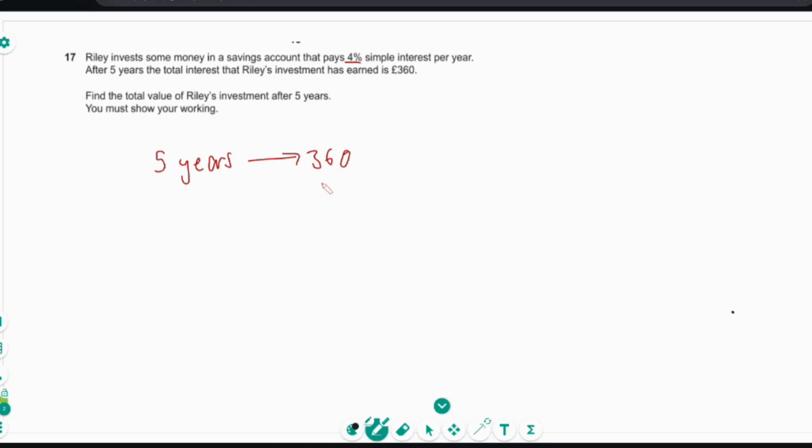We need to know how much Riley has put into that savings account. After 5 years, it's £360. So 1 year, it'd be 360 divided by 5. So 1 year would be 72. So 72 is 4% of something. 4% represents 72. So we want to work out what all of it is. We're going to work out 1% by dividing this by 4,